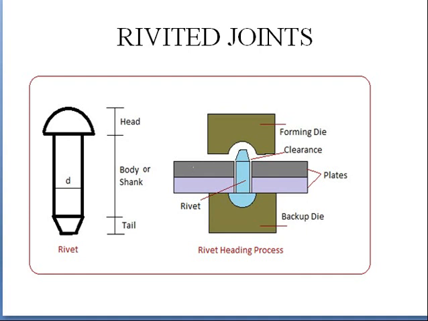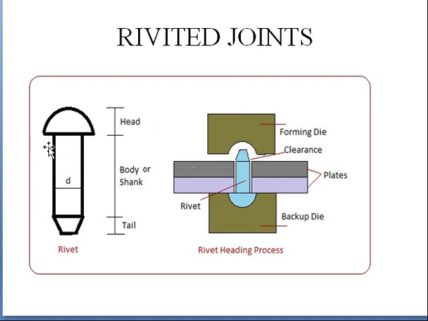And a temporary joint is a nut and screw system. It means if you want to join, you can join, and later if you want to remove it, you can remove it. So like this, wherever you can remove and you can make the joint again, such joints are called temporary joints. So here the riveted joint is a permanent joint. We have different types of rivet joints, and generally this is the rivet joint which we use.